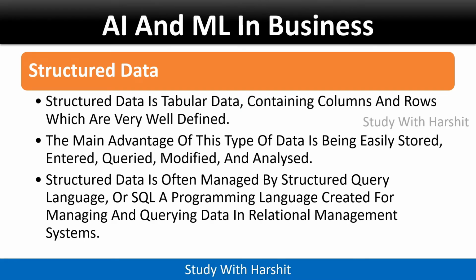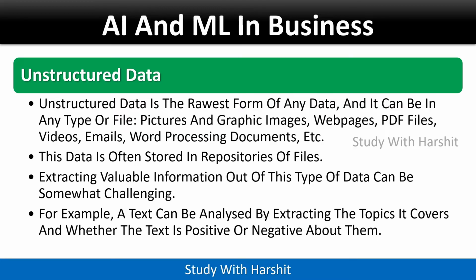in relational management systems. Unstructured data is the rawest form of any data, and it can be in any type or file: pictures and graphic images, web pages, PDF files, videos, emails, word processing documents, etc. This data is often stored in repositories of files. Extracting valuable information out of this type of data can be somewhat challenging. For example, a text can be analyzed by extracting the topic it covers and whether the text is positive or